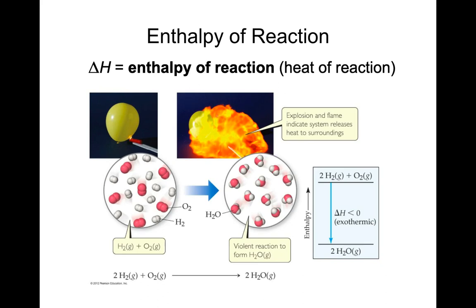Therefore, the circle on the left has a different amount of energy than the circle on the right. Visually, that box on the right side of the screen shows that the hydrogen and oxygen separately have more energy the way they're put together than the water molecules